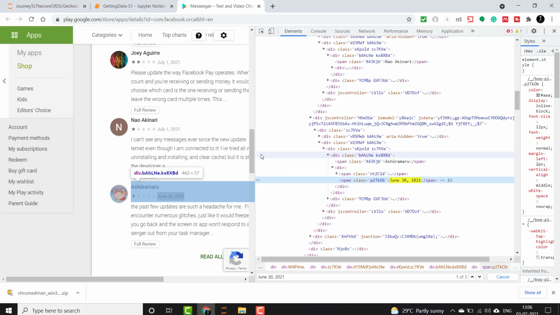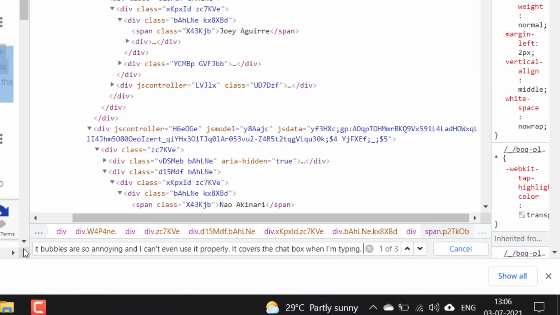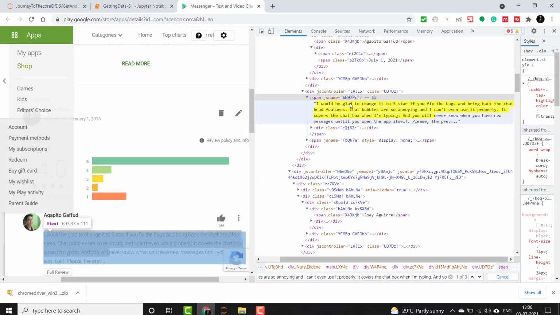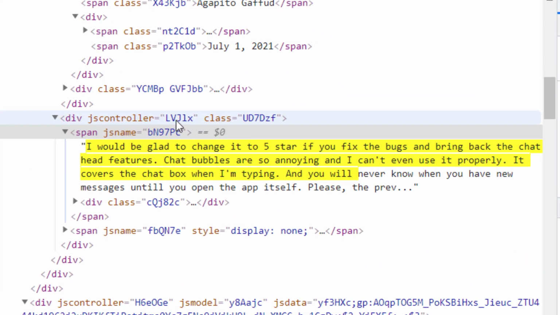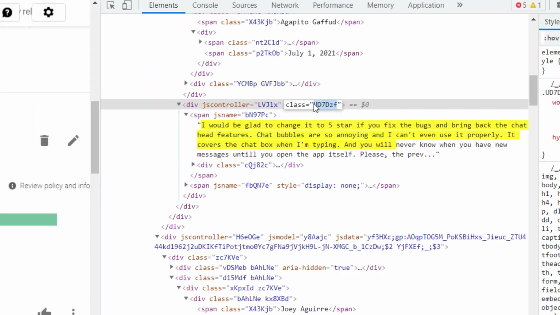Now let's search one of the review comments and fetch its ID also. Here we need to again take the class.